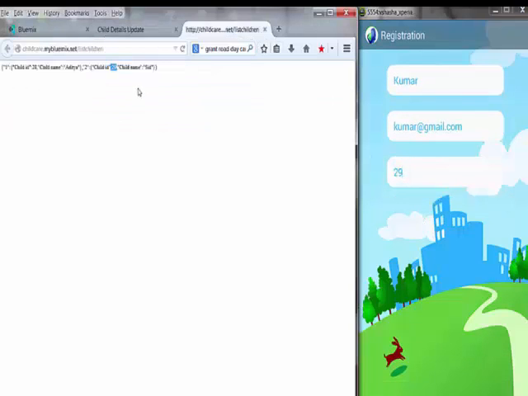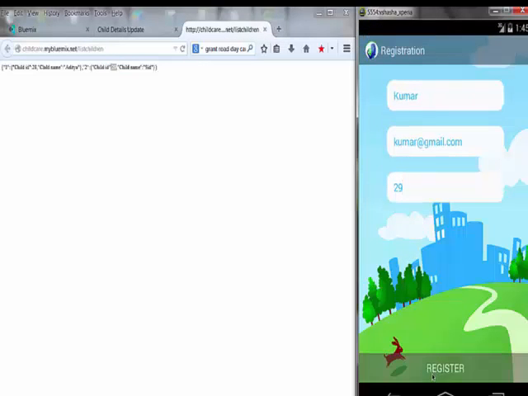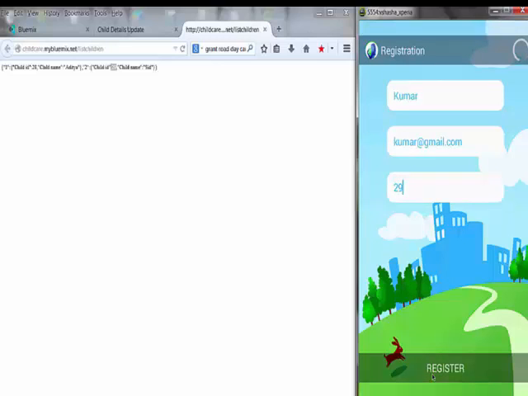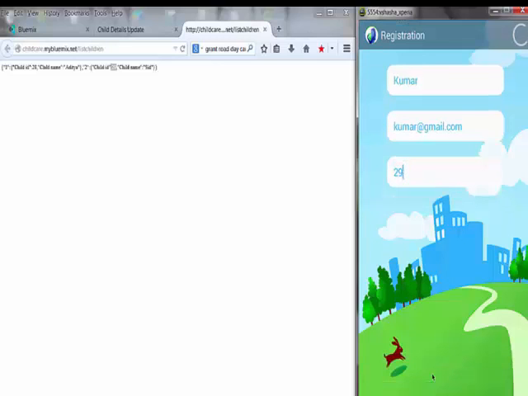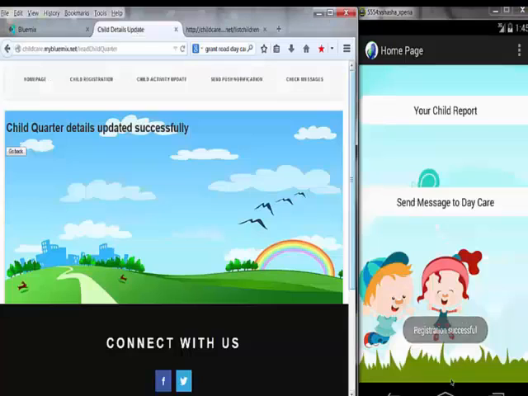Yes, it is 29. And now we'll register this Android application. So once this registration is successful, this will take us to the home page of the Android application. So the registration is successful and we are on the home page of the Android application.